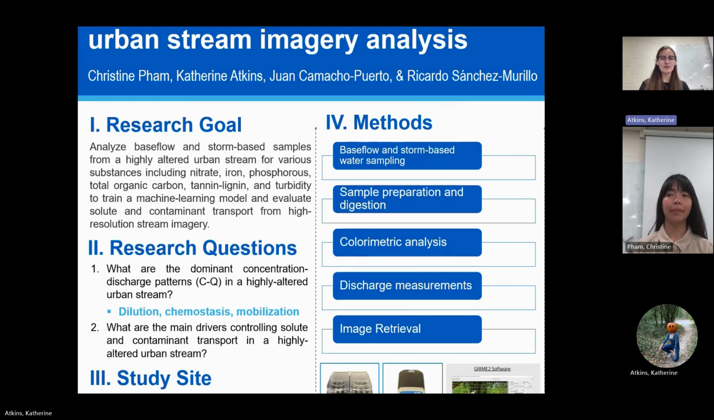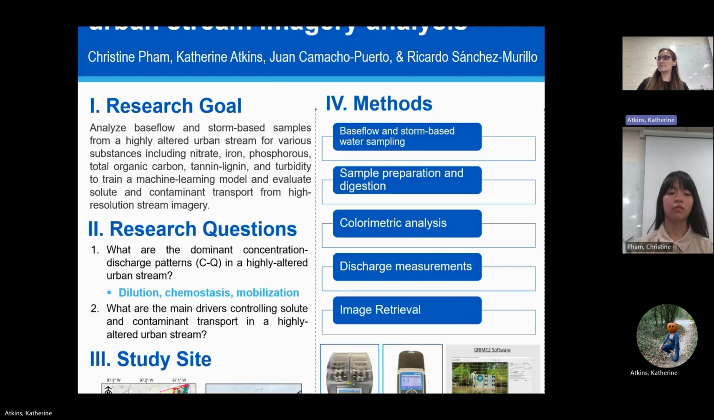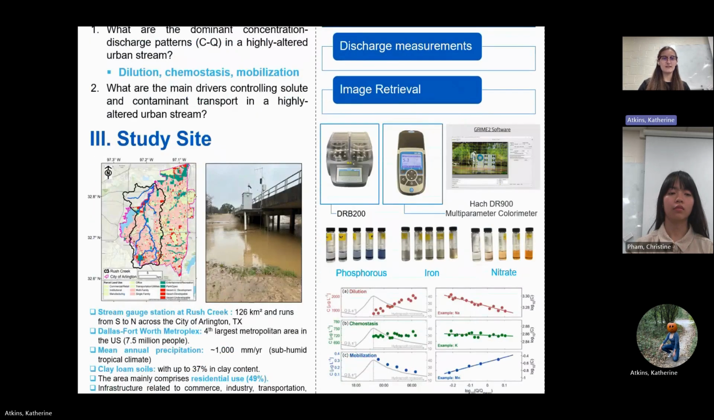This type of study can help determine not only how precipitation events impact urban environments, but can also indicate the source and variation of substance concentrations. By the end of this study, we'll know the dominant concentration discharge patterns in a highly altered urban stream, whether it's dilution, chemostasis, or mobilization. We'll also be able to see and better understand the main drivers controlling solute and contaminant transport in a highly